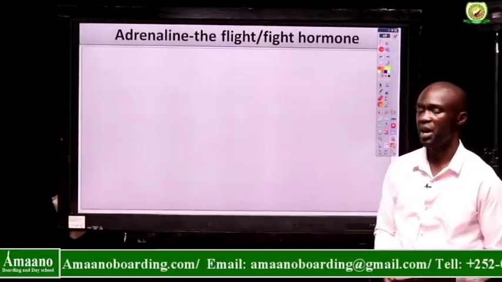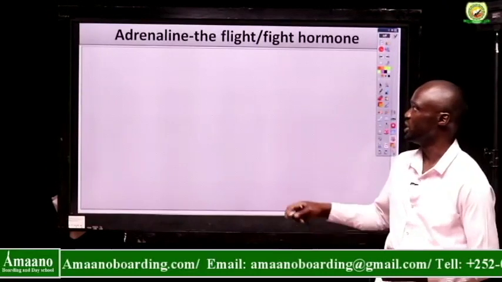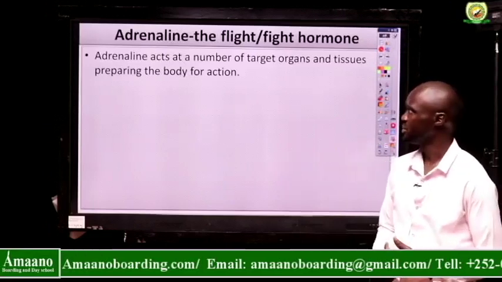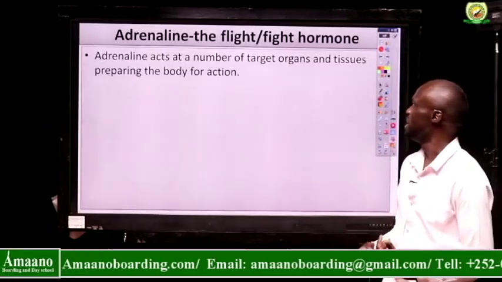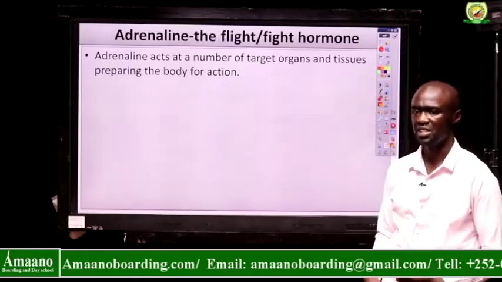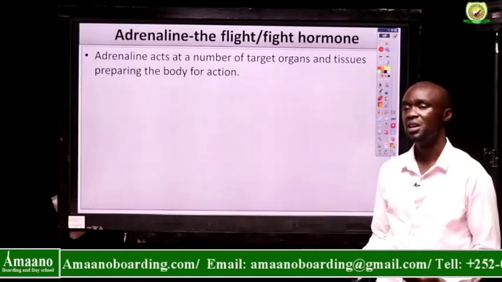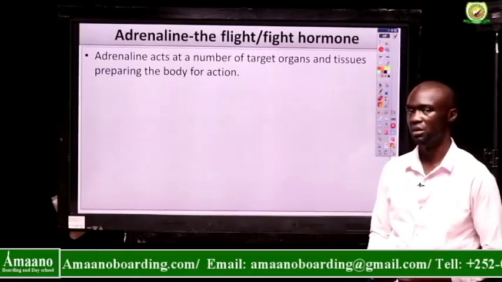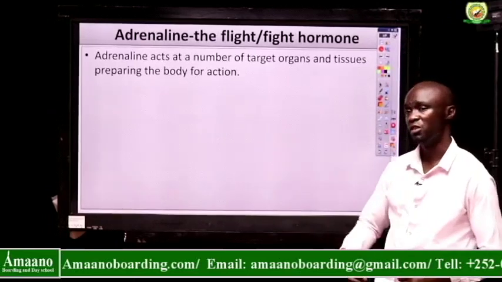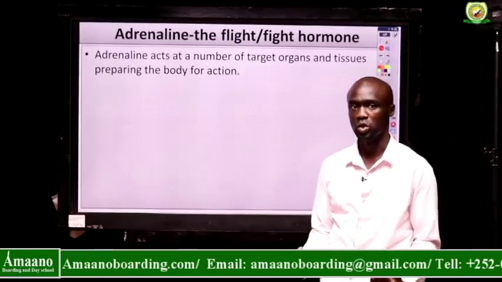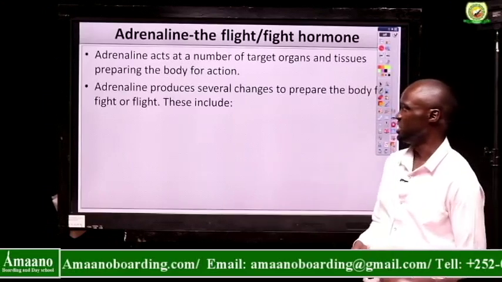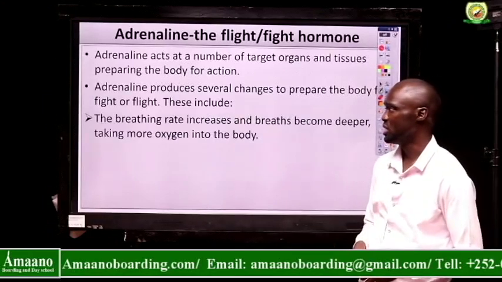We come to what we call the adrenal hormone or adrenaline hormone. Sometimes we call it the flight hormone. When you look at this hormone, it creates many changes. It acts on a number of organs. As we have already said, the effect of hormones affects a number of organs, not a particular organ. In this case of adrenaline, it affects many organs, trying to prepare the body or the animal to get ready to fight. And among the changes that it causes to the body, they include